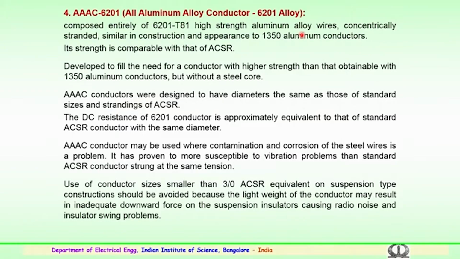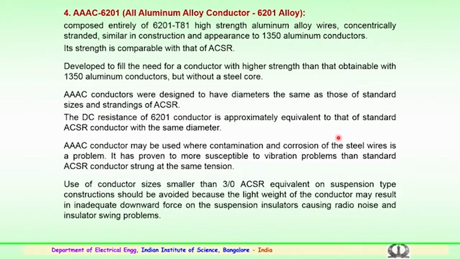the first conductor. So, this was developed mainly to fulfill the need for a conductor with higher strength than that which is obtained with the 1350 aluminum conductors, but without a steel core. So, AAAC or AAC conductors were initially designed to have diameters the same as those of the standard sizes and strandings of aluminum conductor steel reinforced. Here the DC resistance of this conductor is approximately equivalent to that of the standard ACSR conductor for the same